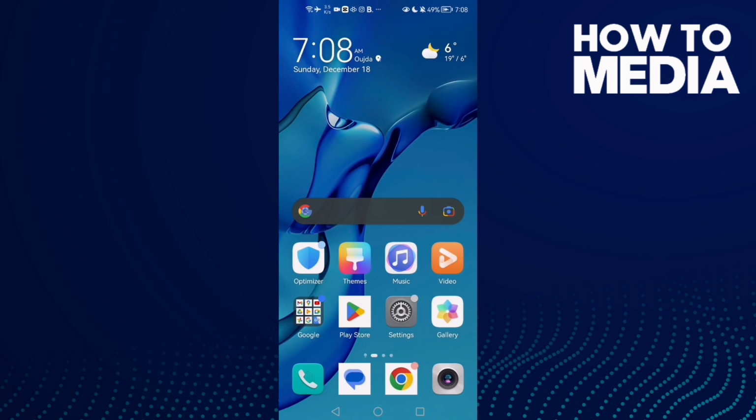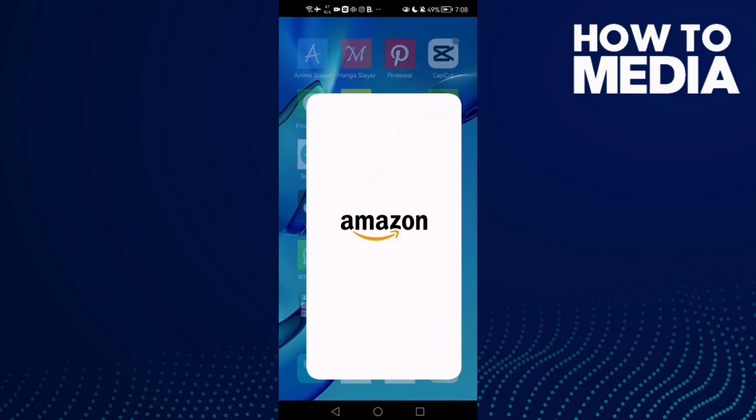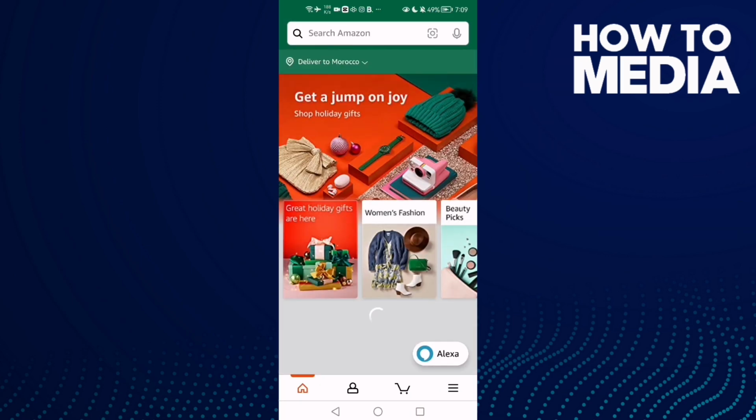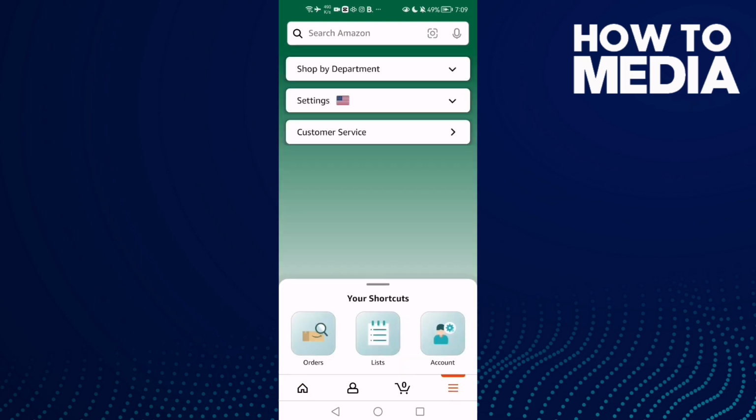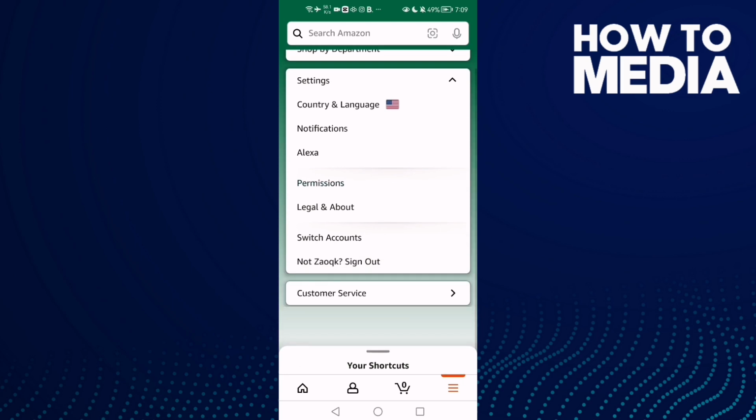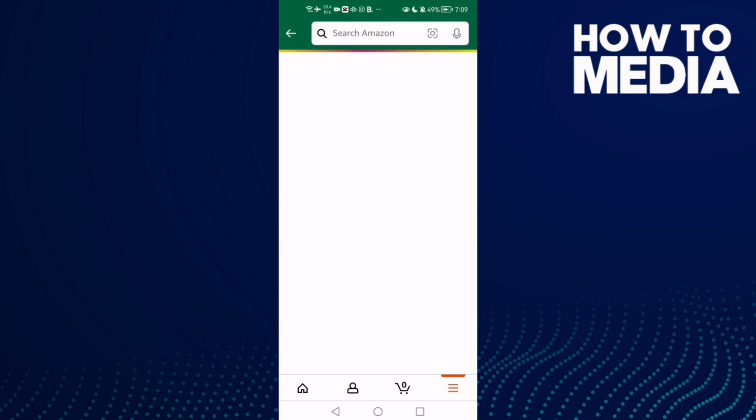First, open Amazon Shopping, and now just click these three lines and then click settings and then click permissions, and that's it. Then just wait a few seconds,